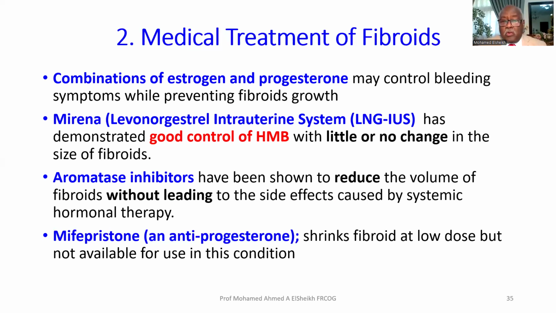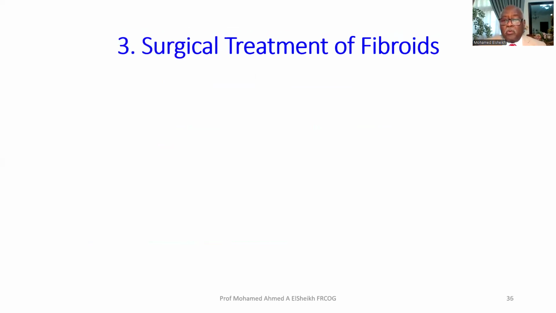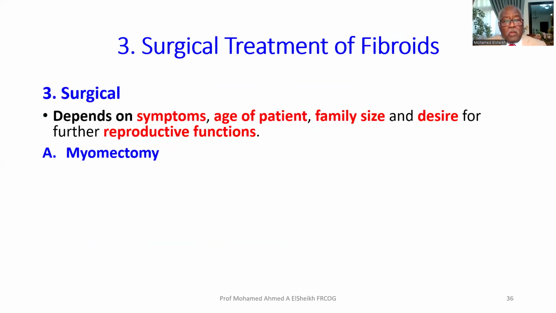So, as we said, GnRH agonist, the pill, the Mirena, aromatase inhibitors, all these are medical treatments for the fibroids. We go to the surgical treatment. Depending on the symptoms, the age of the patient, the family size, and the desire for further reproductive functions, these are the parameters which affect the surgical management of the fibroids and tell which one we shall go in for. One of them is myomectomy,